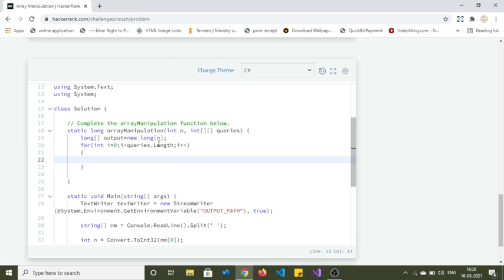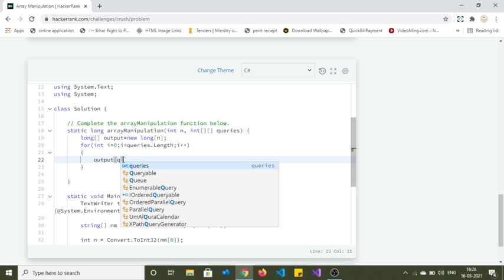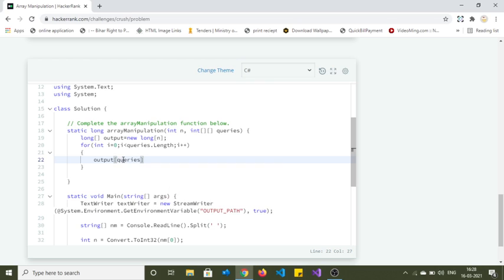What we have to do is store the value in the output. So output of index queries i and queries 0, at the index 0, minus 1.